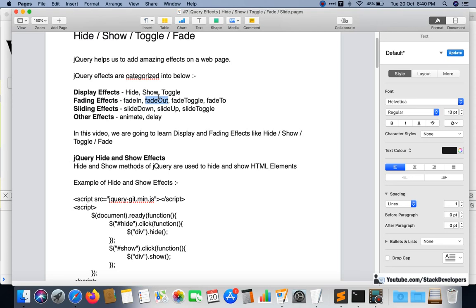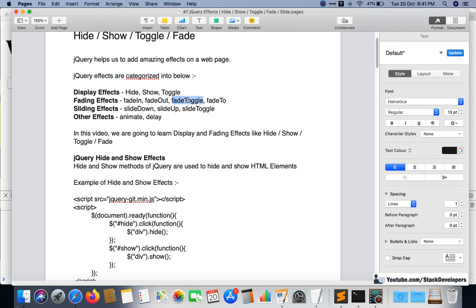And you have seen that sometimes home page banners are coming and going and coming and going, like there are 5 home page banners, and one banner comes, and then it slowly fades away, fade out, and another banner fades in, and then it will fade out, then another banner will come, fade in. Like these kinds of effects we will use for banners, not only for banners but for other things as well. Okay, so these are really used.